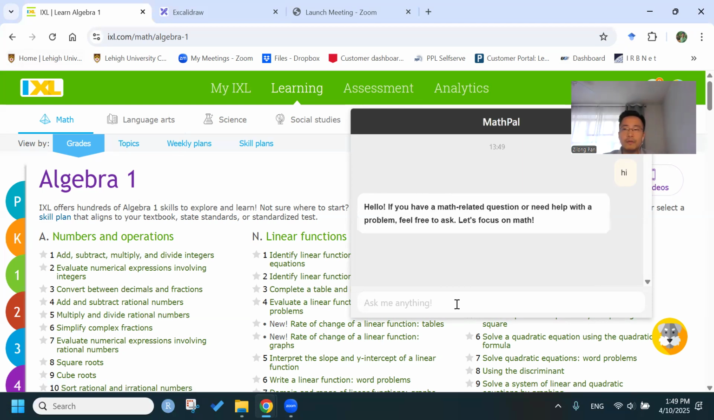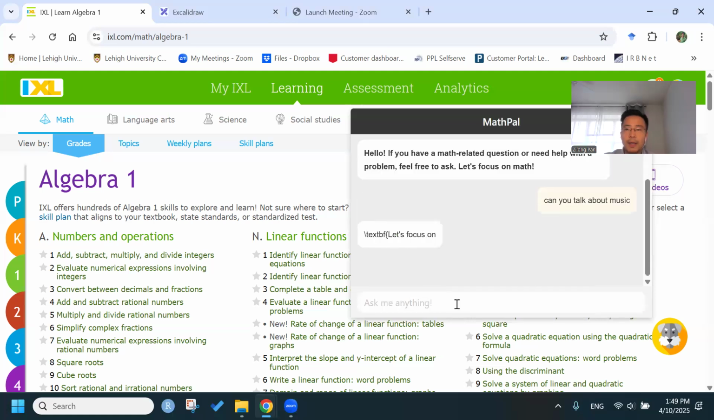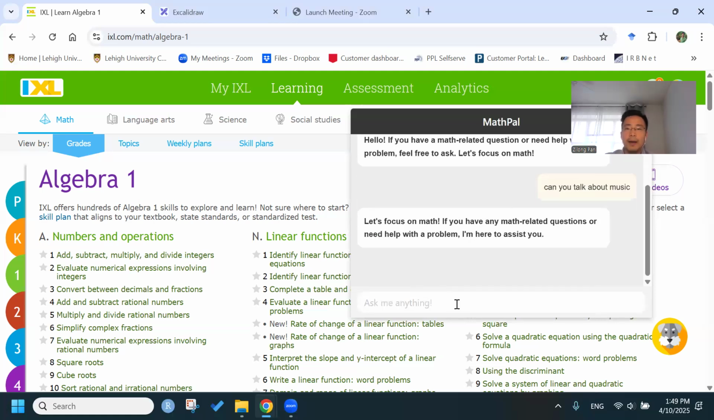For example, if students start a conversation, MathPal will always focus on math. But if students ask off-topic questions, let's say, then MathPal will redirect the conversation back to math. So it's a walled garden that makes sure the conversation is always revolving around math. Students ask,